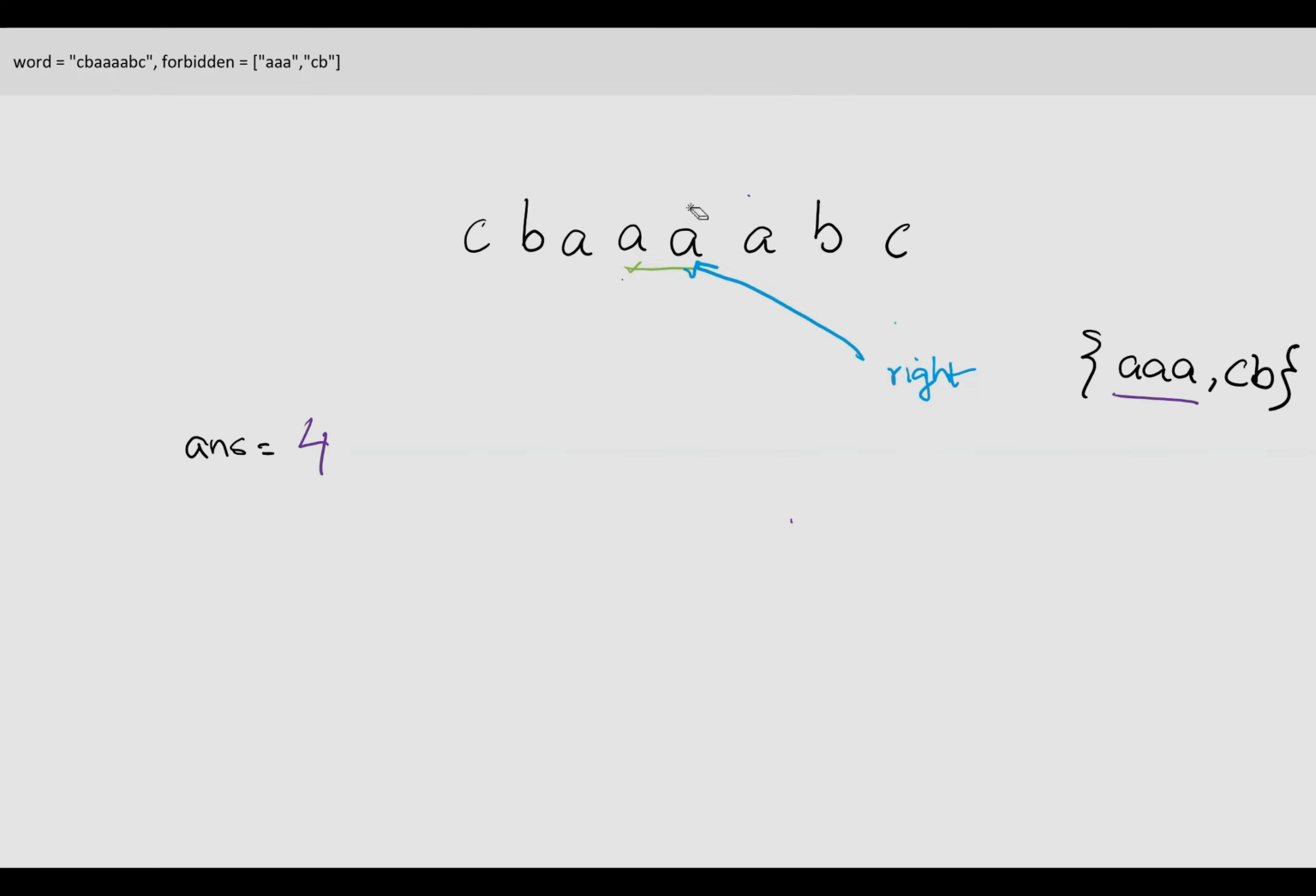That's the right boundary now. So we change the left now to this, right? Now let's see again. Is A valid? Yes. A valid? Yes. A, is it valid? No. Okay, so what I have to do is change the right pointer to this now